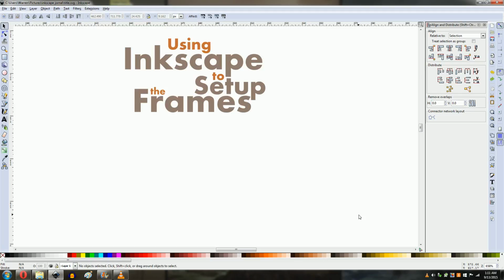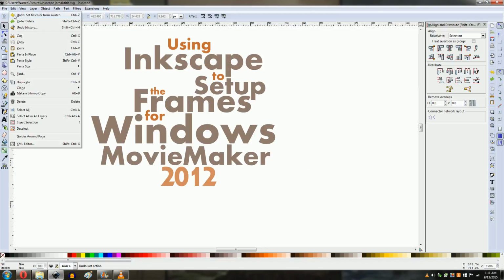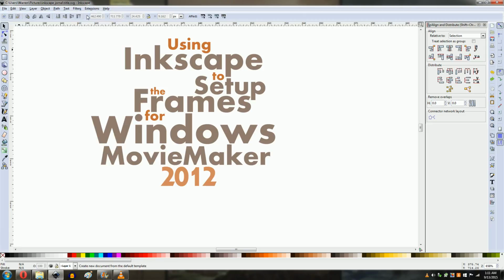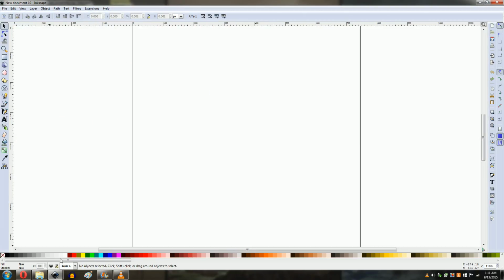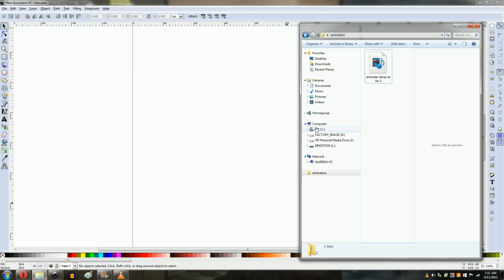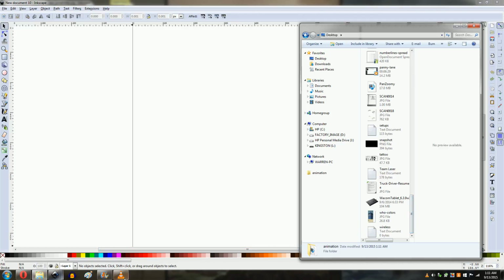Using Inkscape to set up the frames for Windows Movie Maker 2012. Alright. So, we have File, New. Alright. We're going to insert that blink because we want to